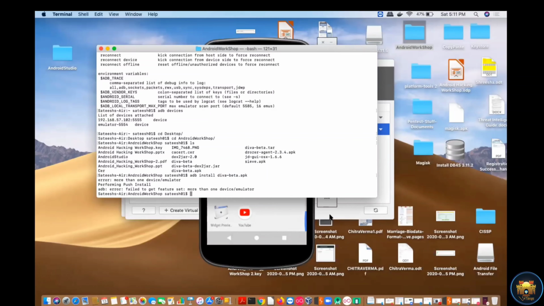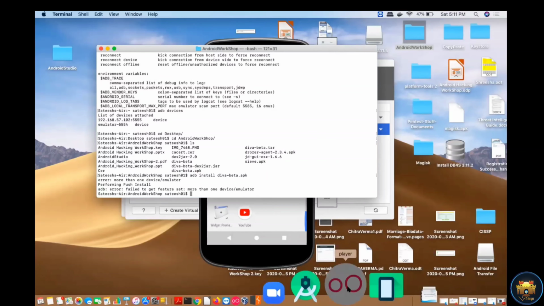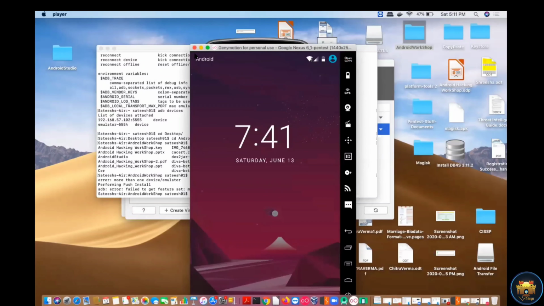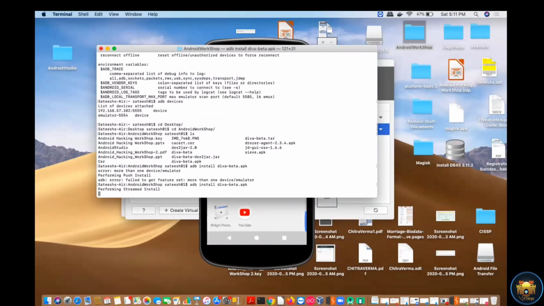Okay, more than one emulator, correct. Okay, let me close it, and then we will check. Success, right?